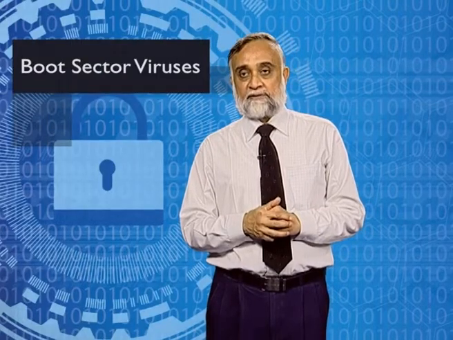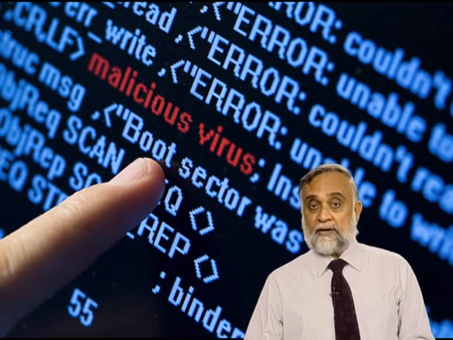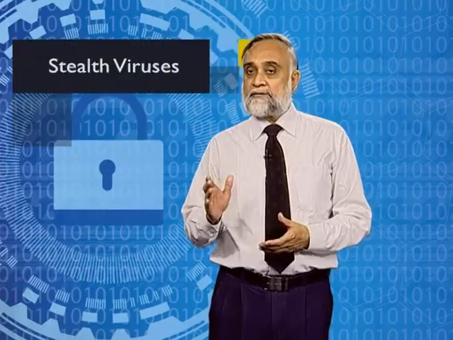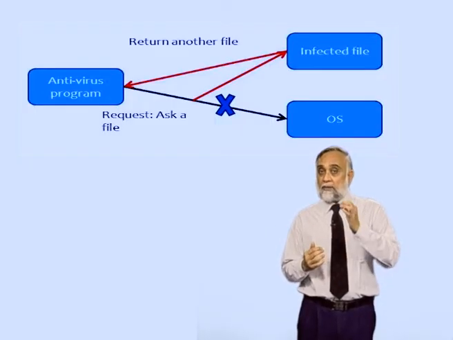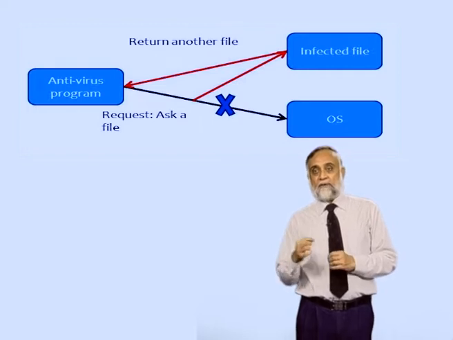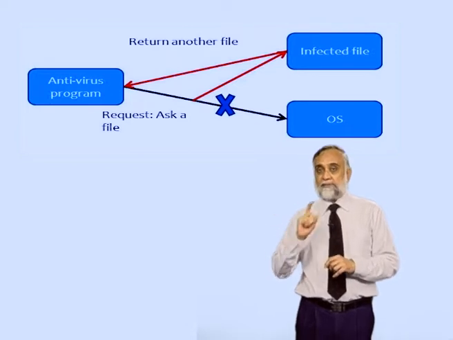Boot sector viruses. A boot sector virus is a type of virus that infects the boot sector of floppy disks or the master boot record, that is MBR, of hard disks. Some infect the boot sector of the hard disk instead of the MBR. Stealth viruses. A stealth virus is a type of virus malware that contains sophisticated means of avoiding detection by antivirus software. After it manages to get into the now infected machine, a stealth virus hides itself by continually renaming and moving itself around the disk.